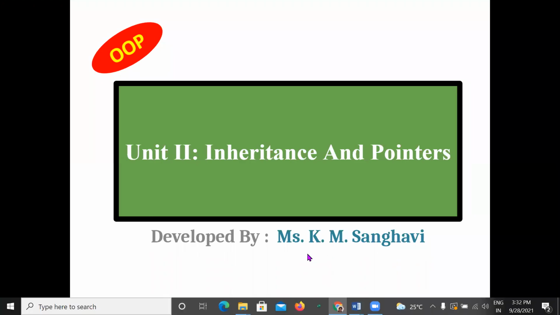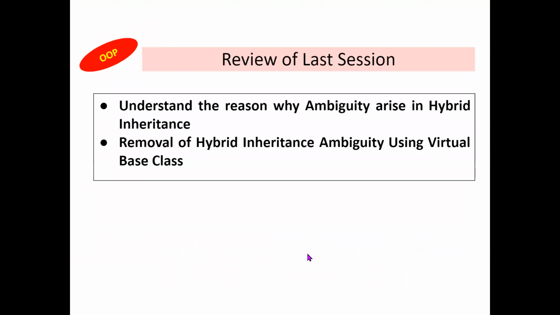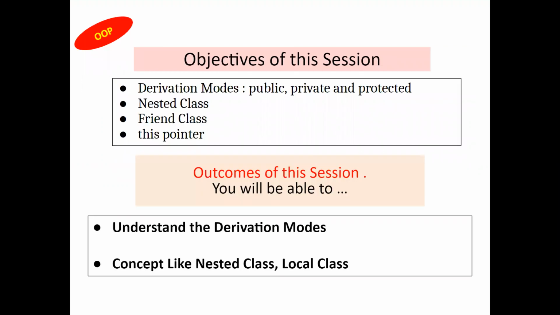Hello friends, let's start with inheritance and pointers, the next video series. In the last video series, we saw the reason why ambiguity arises in hybrid inheritance, and the removal of that ambiguity using a virtual base class. The objective of this video is to understand the derivation modes, public, private, and protected,